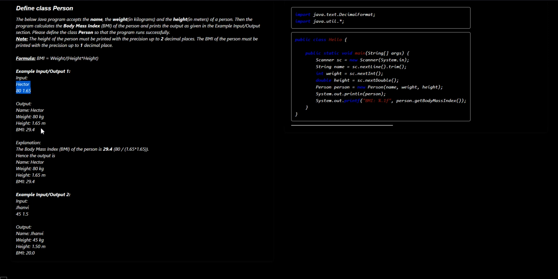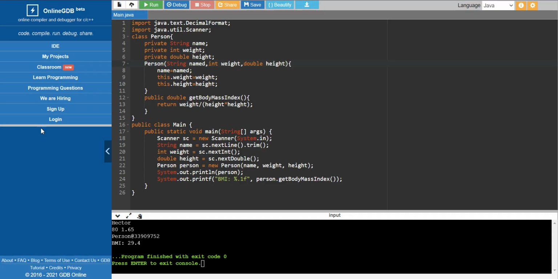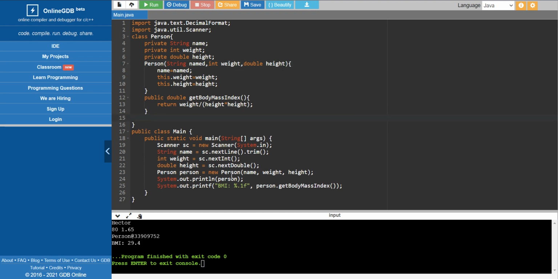But instead of the name, weight and height, it just returned something like Person at 333 something, right? This is nothing but the object. It just printed this object in a string format. We can say this is the address if we are familiar with C. So instead of the values, it's just printing this object as a string, right?